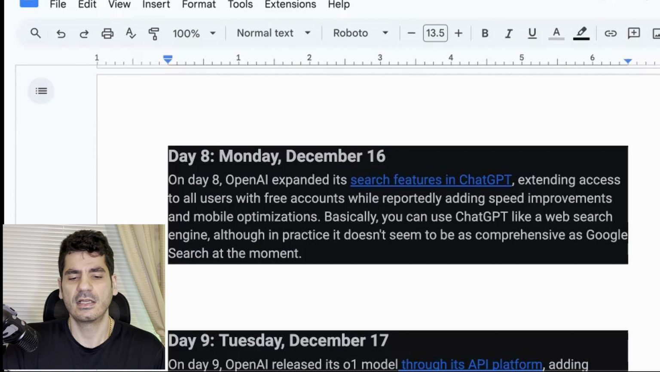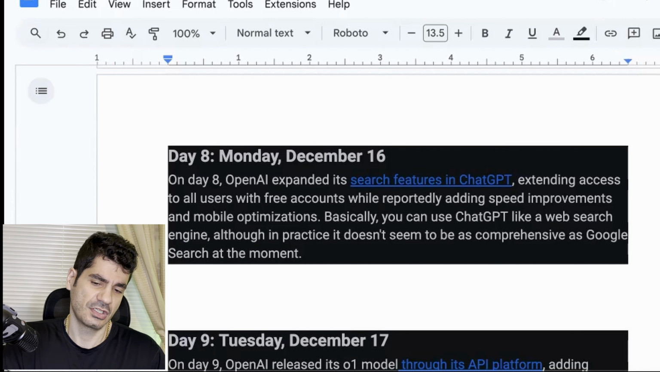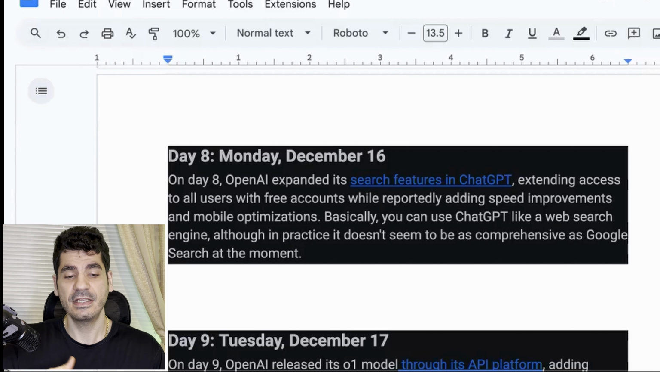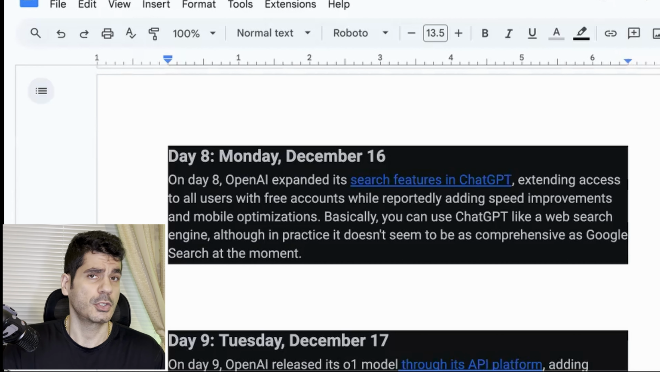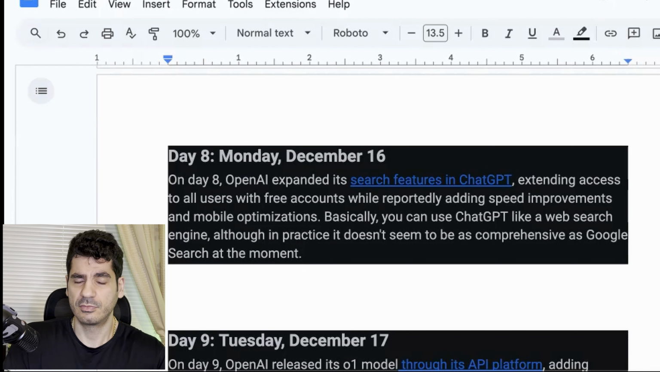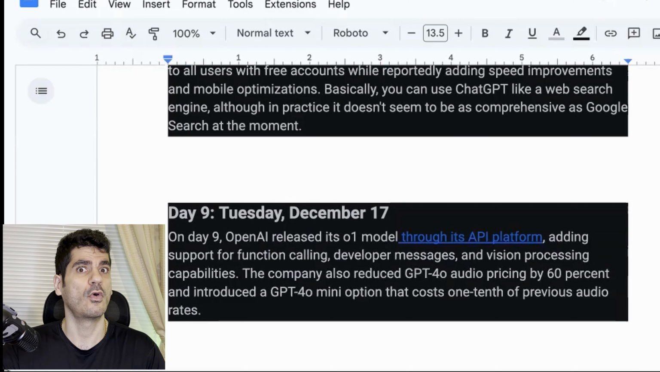On day 8, December 16, they actually expanded the search features in ChatGPT, extending access to all users, including free users, reportedly adding speed improvements and mobile optimization. So you can use ChatGPT as a web search engine, and through practice, it doesn't seem to be as comprehensive as Google search at the moment, but it does provide the capability of search. You can basically do searching, it provides the results for you, and it also shows where the results come